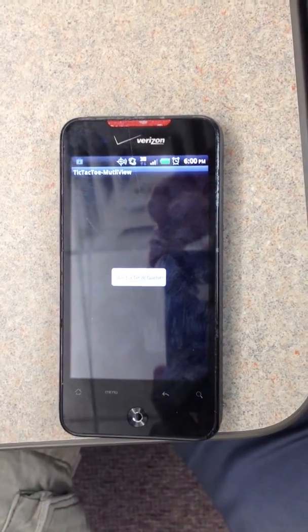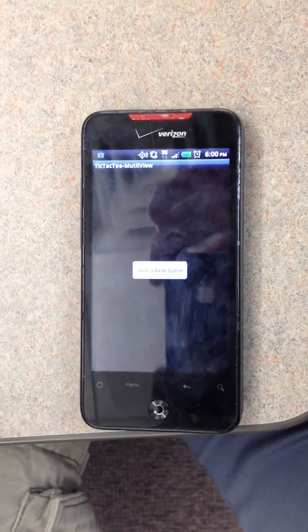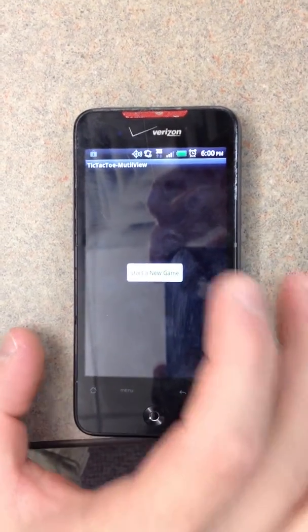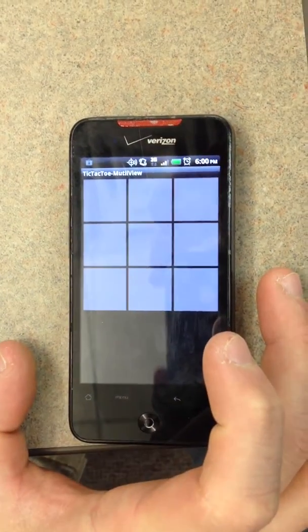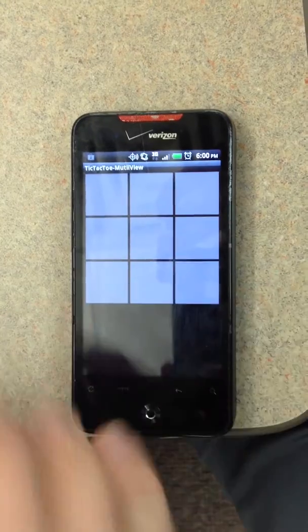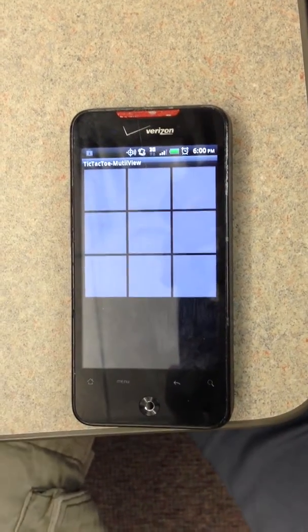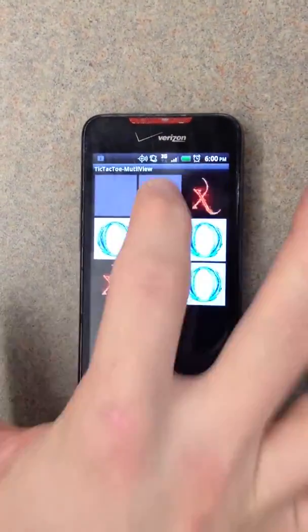Alright, so this is the TicTacToe game that we built in mobile development. This one is in the Android OS, and what it does is change screens and activities through the Android system to allow us to have different screens available. So we can have an intro screen, we can go through, play the game itself on a different activity, and